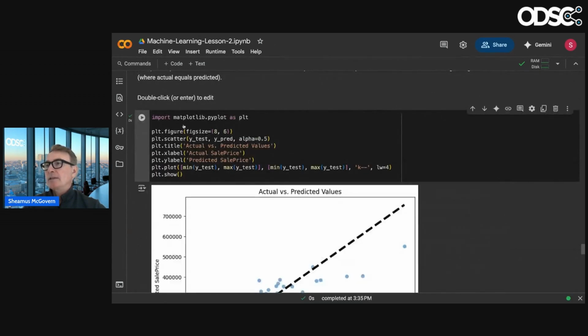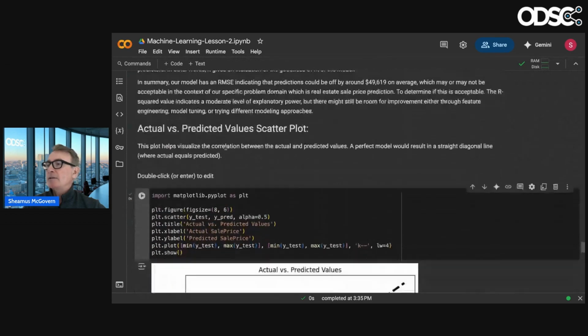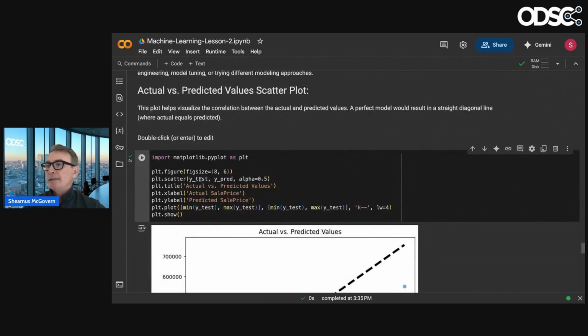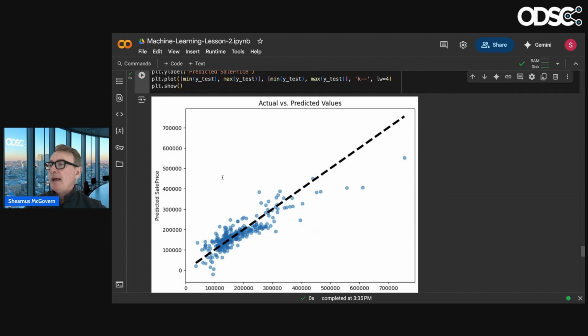So a better way to look at this is let's plot this out as well. So here what I'm doing is the test versus the predicted. Instead of just getting the root mean squared error and the R squared, I'm plotting them out. And do you notice something here? This is the prediction line because it's a linear regression model. This is the predicted line. Around here, it does a pretty good job. Wheels come off the bus here. Wheels come off the bus here.